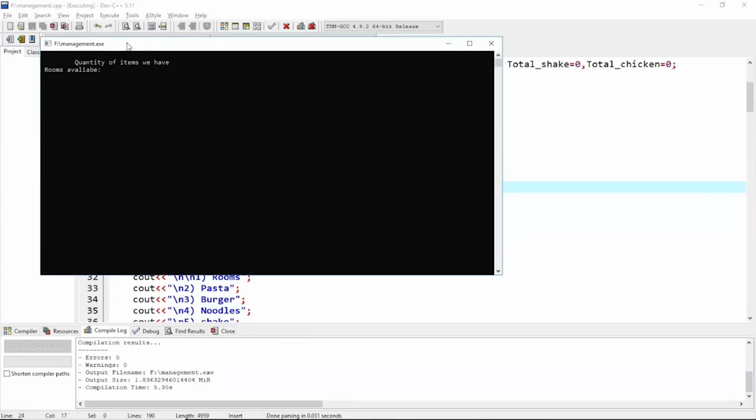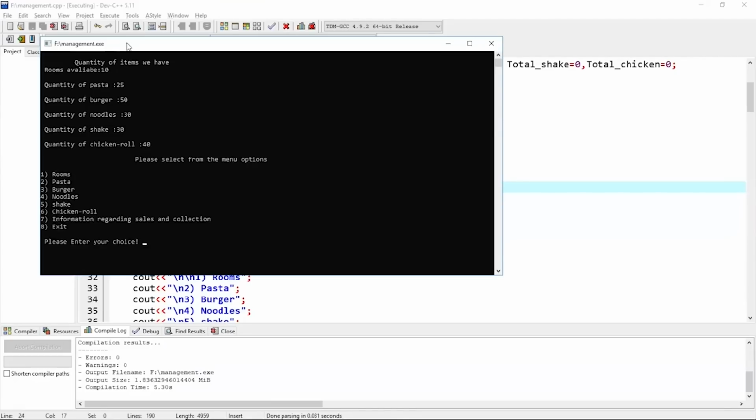So quantity of items we have, as we can see. So rooms available, let's say we have 10 rooms. And quantity of pasta, we have 25 pastas in our hotel, and around 50 burgers and 30 noodles and 30 shakes. Chicken roll we have 40. So this is the menu. Please select from the menu options. As we can see, first rooms, then pasta, burger, noodles, shake, chicken roll, information regarding sales and collection, and then